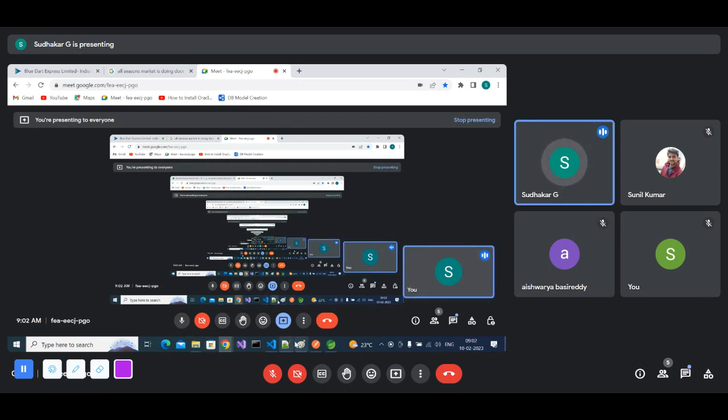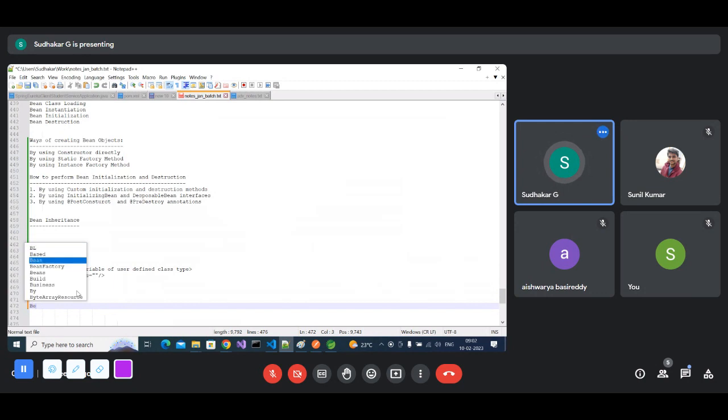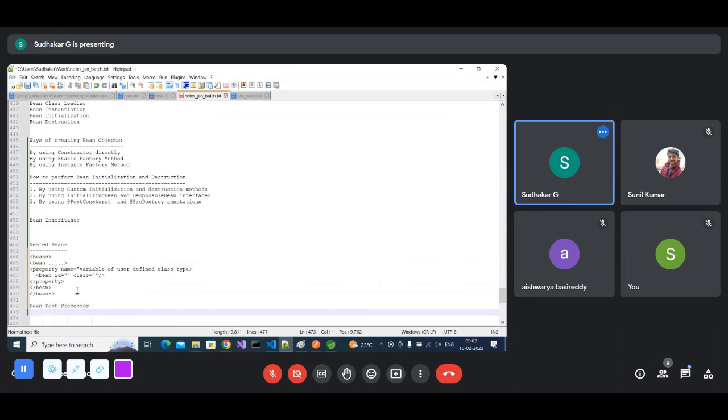So what is the next concept? Next concept is bean post processor. What is that? Bean post processor. So what is meant by bean post processor, right? So in the Spring framework, when you create the object for the application context container, then the application context container will perform some actions in the background without, for example, let's say